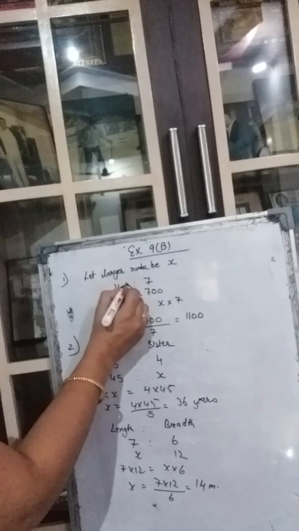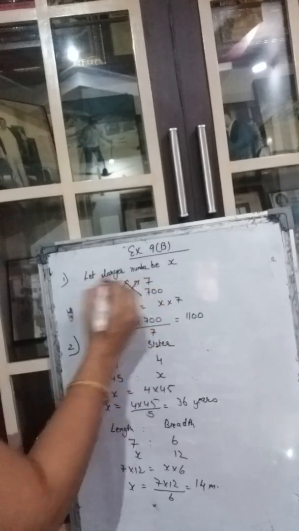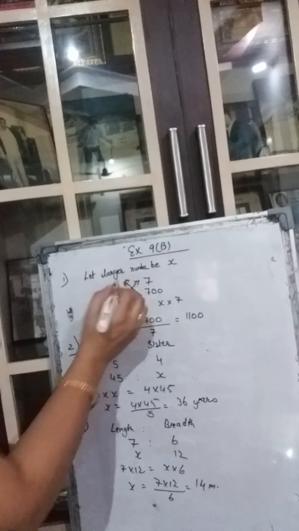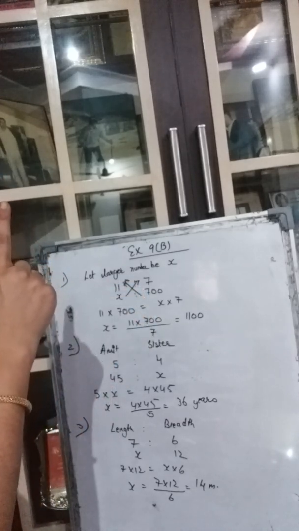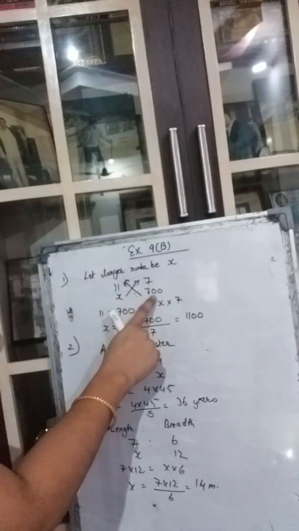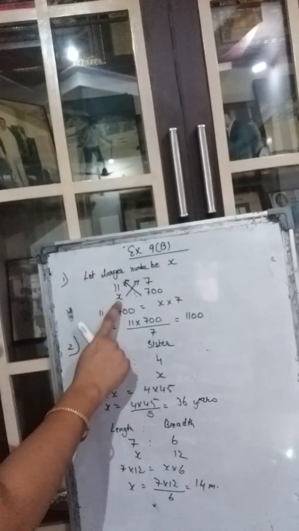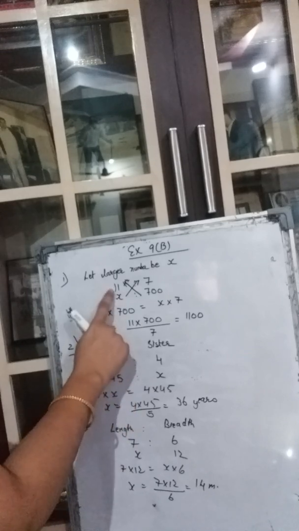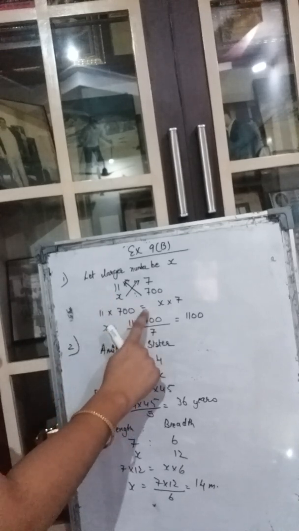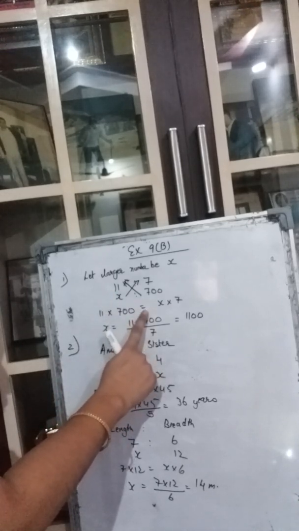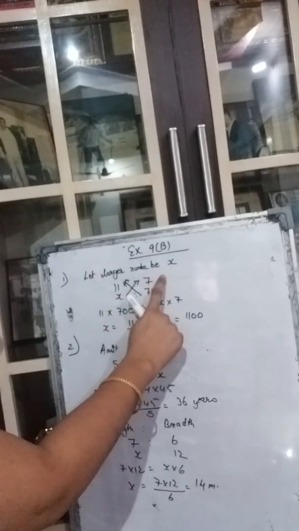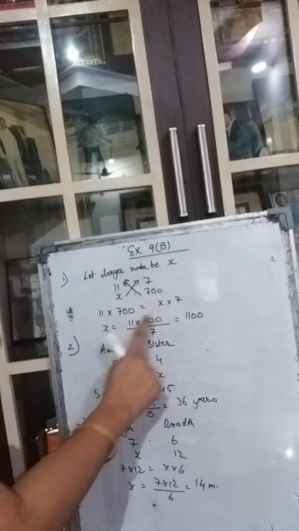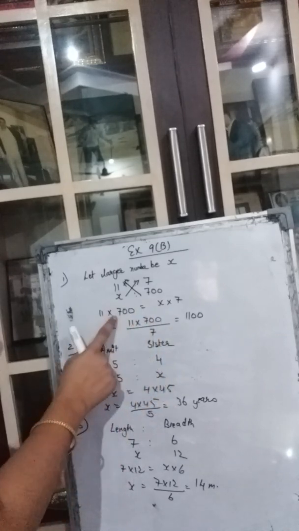We will do the cross multiplication. Cross multiplication, as I told you earlier, we have to do cross and we always have to put the arrow upward. This means this 700 is going here and this x is going here. So what will you write? 11 into 700 is equal to, in between the equal to sign comes, x into 7.